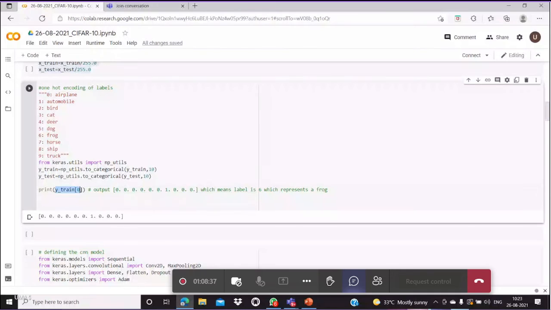For example, take the first training image, index 0. It is represented as 0000001000. What does it mean? Counting the positions 0, 1, 2, 3, 4, 5, 6, the 6th position is 1, which means the first training image is a frog. Likewise, you can check the order of the training images. We have to check properly that the 6th class is classified as a frog.